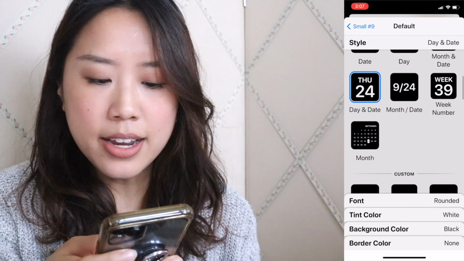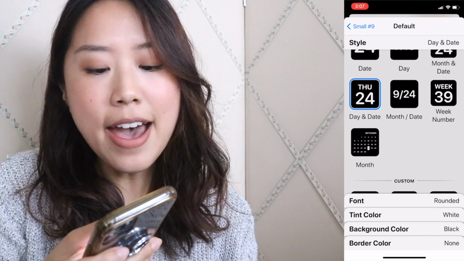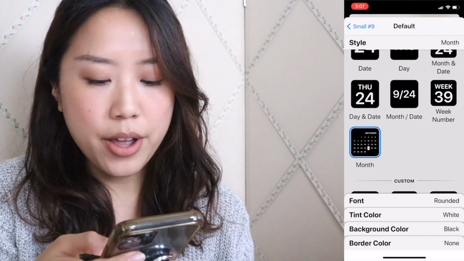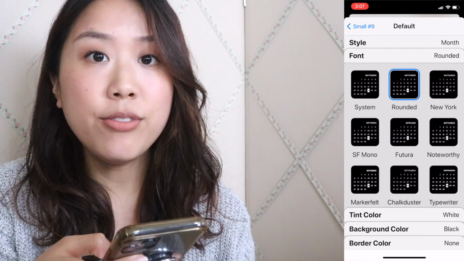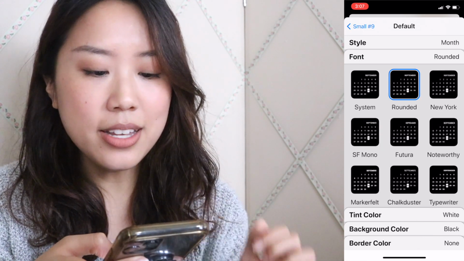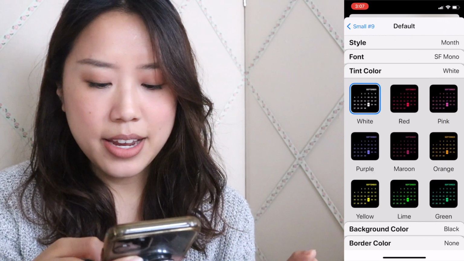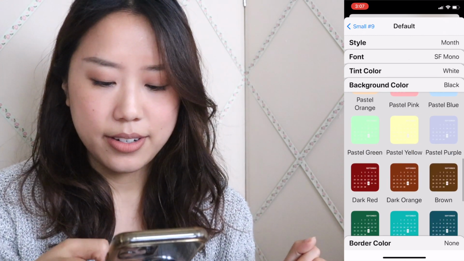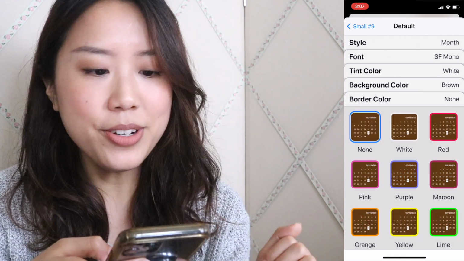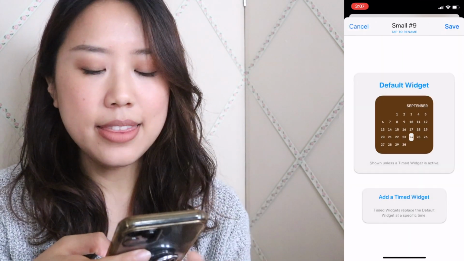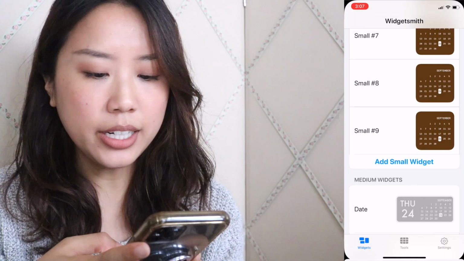And let's add a month one, like the brown one that I have, so we're gonna hit that month option, and you can choose different fonts that it offers. We're gonna go with SF Mono, white font, and a brown background, and I chose no border. Once you're done with that, you're gonna hit back and then save on the top right corner,